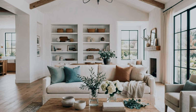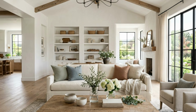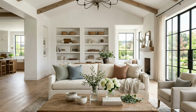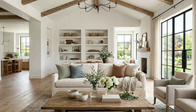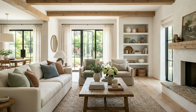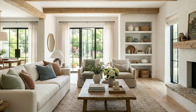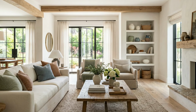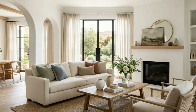One of the most common design questions I get is, how do I choose a color palette that won't feel dated in 2 years? Studio McGee's answer is elegantly simple. Stay rooted in nature. Their summer farmhouse palette draws from warm whites, creamy ivory, soft sage, warm clay, and muted dusty blue. These are nature-derived neutrals, meaning they naturally harmonize with each other and with natural materials like wood, linen,